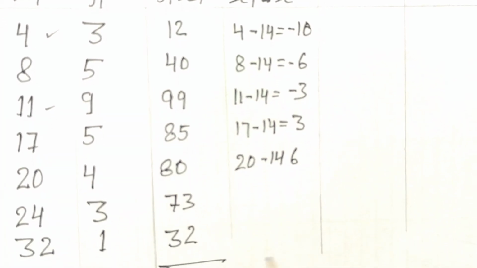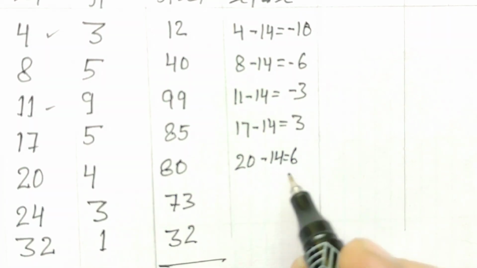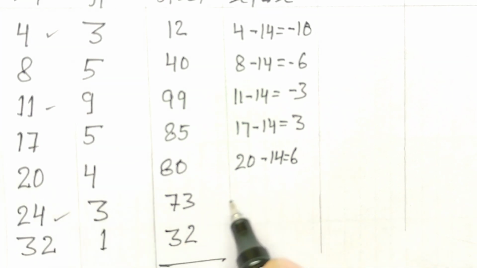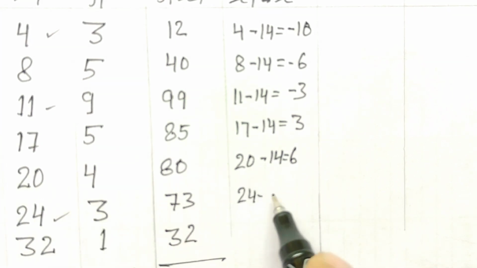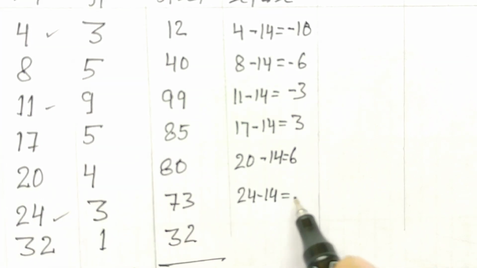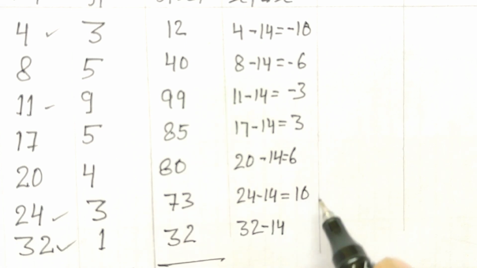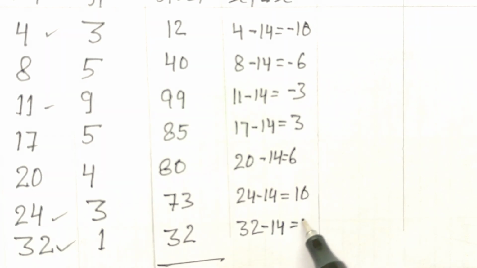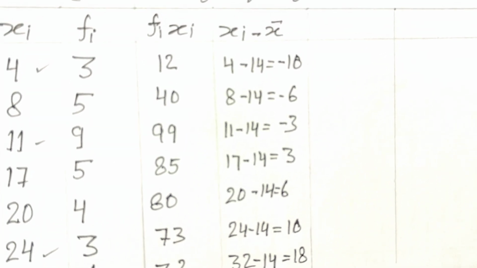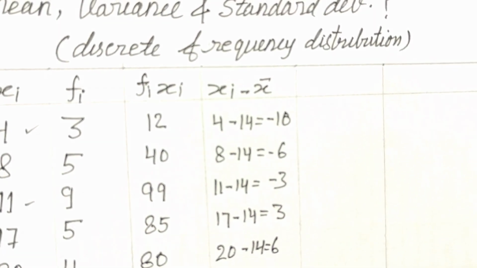Then 24 minus 14 is equal to 10. 32 minus 14 is equal to 18. Right, now